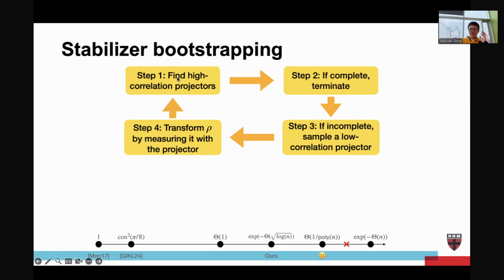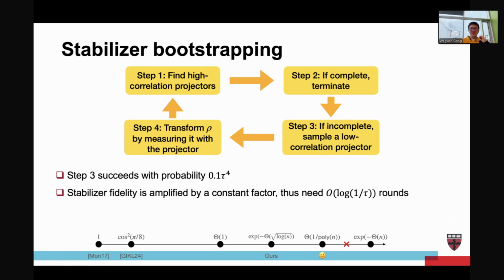The first step is to perform Bell difference sampling many times to find high correlation projectors. The second step is, if the high correlation projector already forms a stabilizer group, then we are done. The third step is, if it is just a subspace of the correct stabilizer group, it's incomplete, then we sample a low correlation projector. And the fourth step is we measure rho using this low correlation projector and boost the stabilizer fidelity. So step 3 will succeed with probability 0.1 times tau to the 4, just